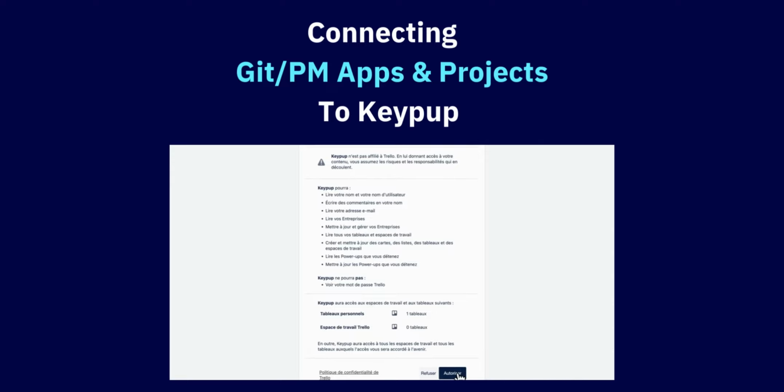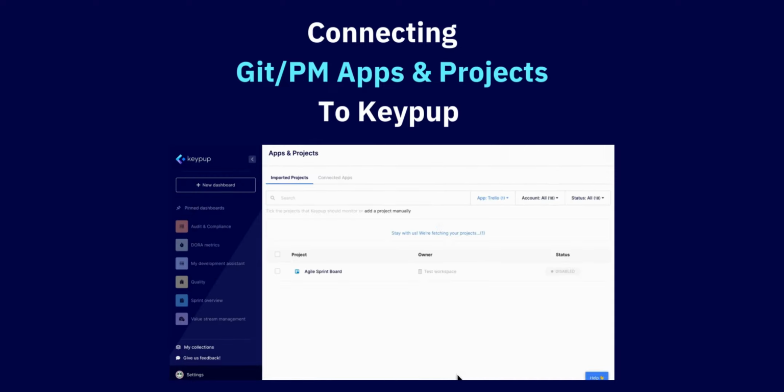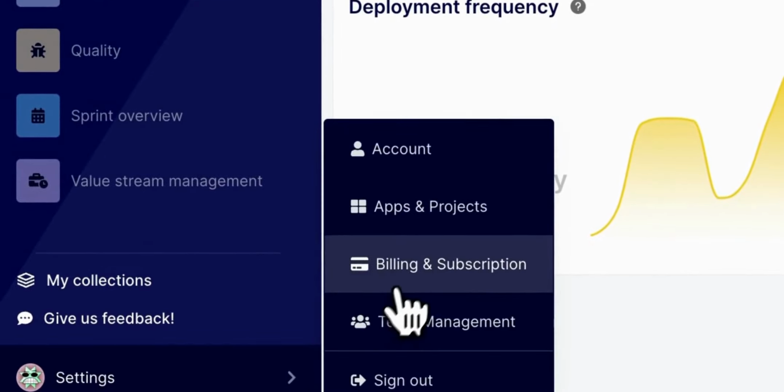In this video tutorial, we will guide you through the process of connecting apps and enabling projects and repositories in Keypup, empowering you to harness the full potential of your metrics. Let's get started. First, click on the Settings button located at the bottom of the left navigation panel and select